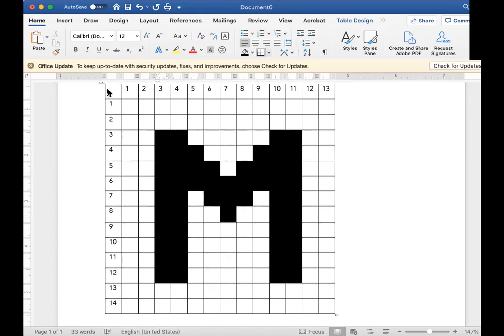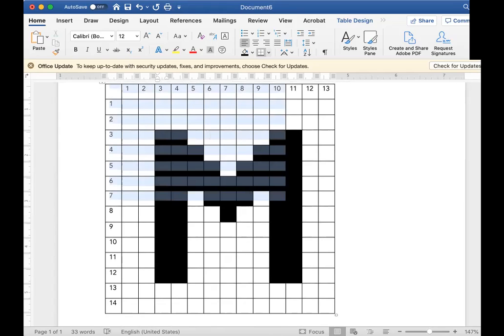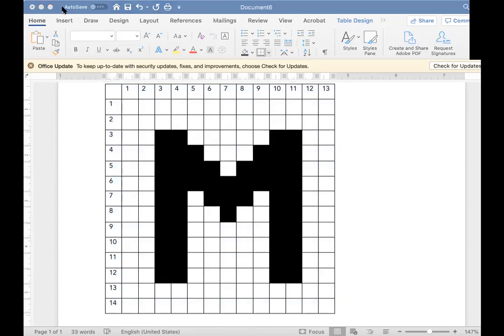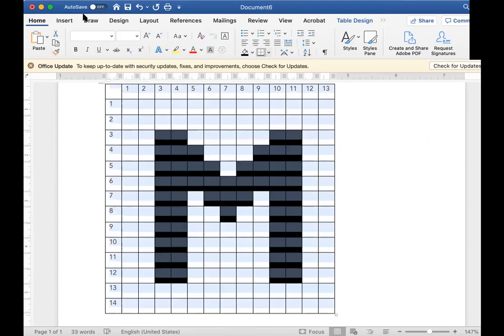So now that I have my design finished, this is what I want to come up from the top. I need to figure out the plan with the top and the bottom. So I'm selecting this entire table, and I'll go ahead and copy it in Word. So I'm going to make sure to save this, and I want to save it as double pickup plan step 1. So I've copied the M,